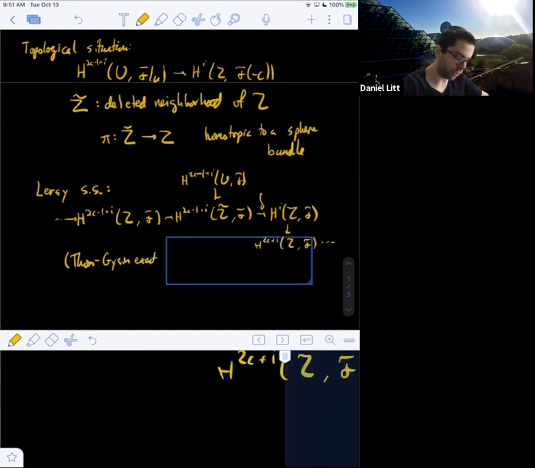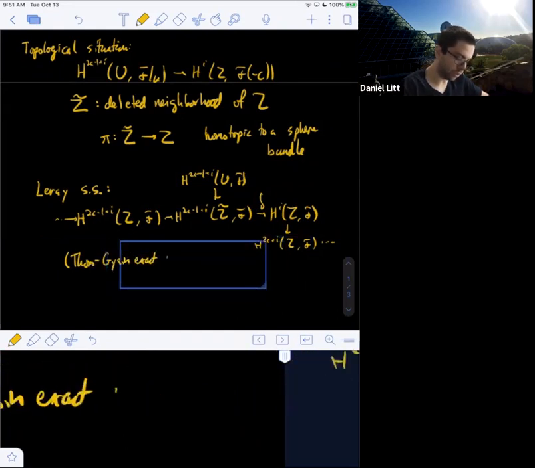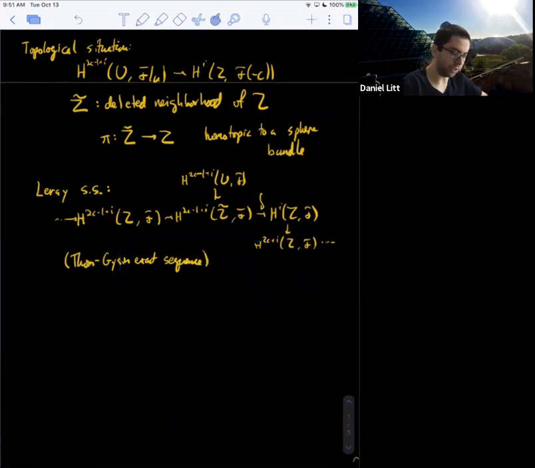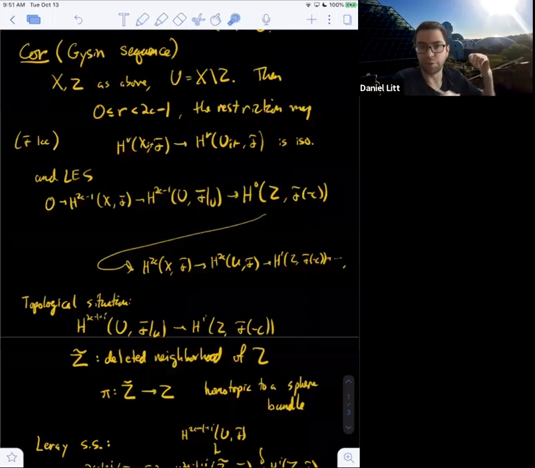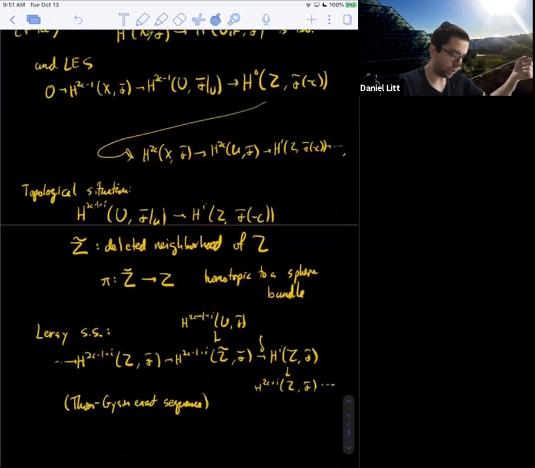And what we're doing, and this is the historical motivation. What purity and this Gysin sequence above are doing is telling us how to get this exact sequence when we can't take deleted neighborhoods and look at sphere bundles and so on. That's not something that really makes sense in algebraic geometry, although we'll see in a little bit that morally it is what's happening. All right, are there any questions about this topological analog?